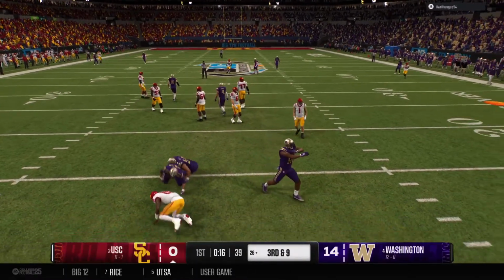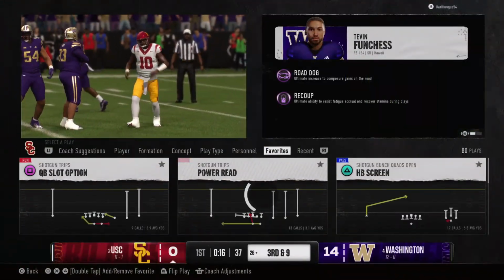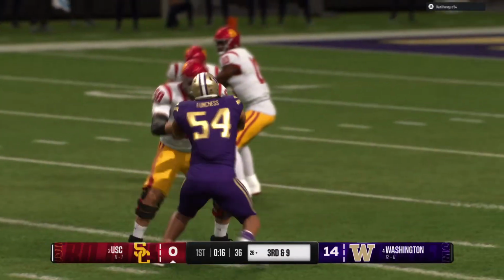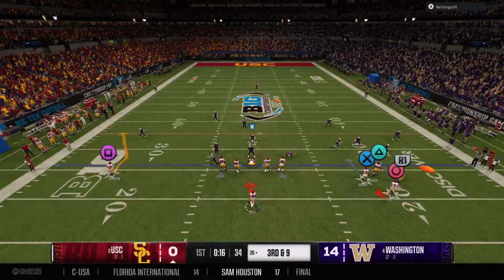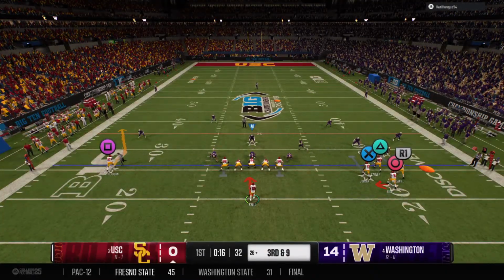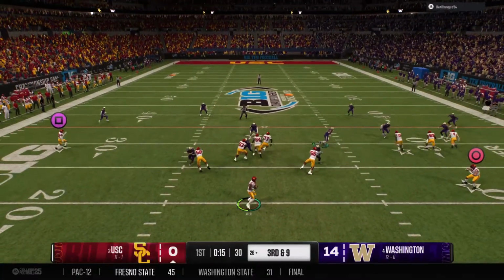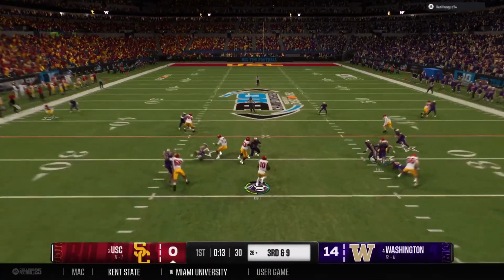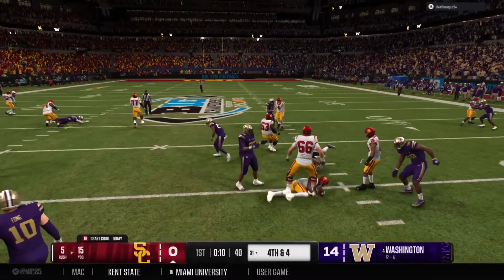And they hit him just as he releases the ball. It's incomplete. Never underestimate a defensive lineman's ability to play the passing lanes. Smart defensive linemen keep an eye on the quarterback, and if they see the ball coming out, they're able to get those big, long arms up and try to get a piece of it.